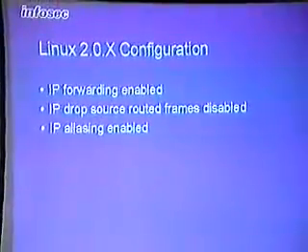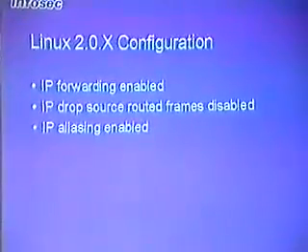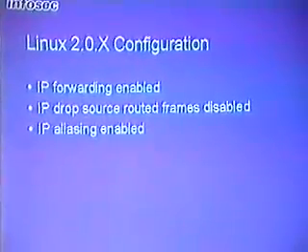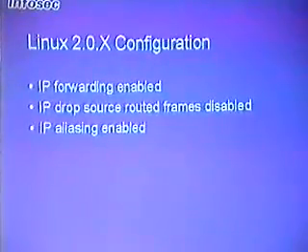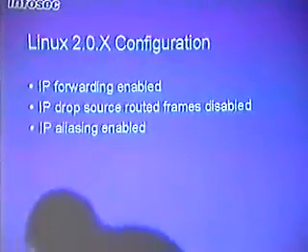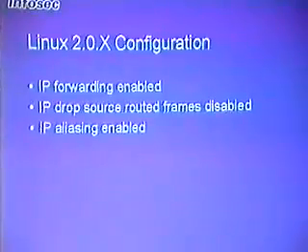So, how do you configure your Linux box? Well, we use Slackware. We like it because it's simple, and you have to do everything on it. You have to download all the libraries by yourself and so on. But when you get it running, it's perfect. In the kernel, you have to enable IP forwarding if it's not done already. All hackers use it. It's one way to, if you do ARP redirects or something, it's the easiest way to make everything, well, easy. And the next one is the